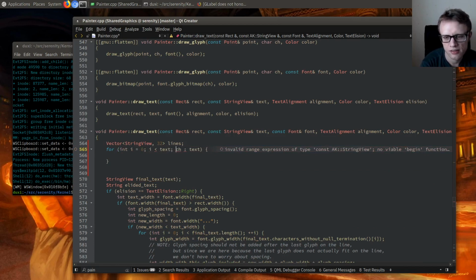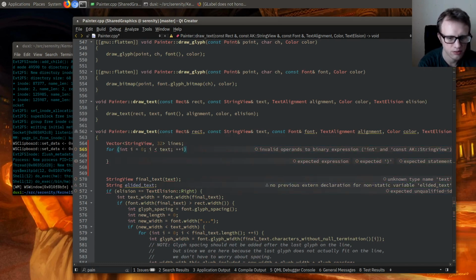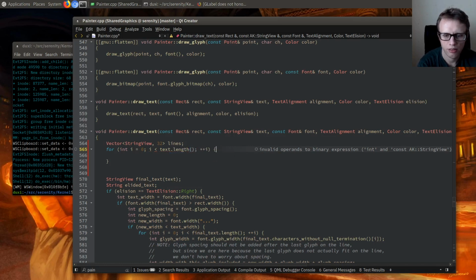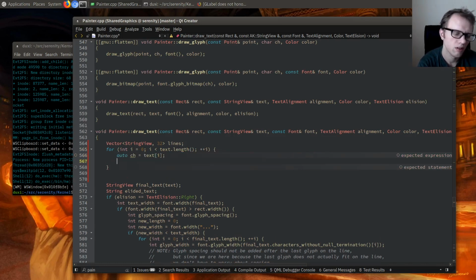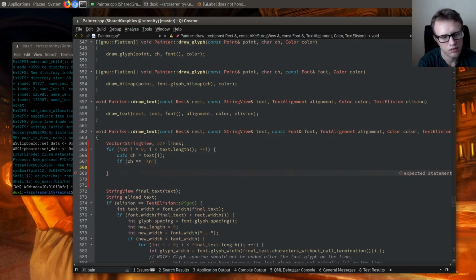I don't have a string view iterator or string iterator or anything like that, so we're just going to do it the old-fashioned way right now. Text length, okay, and then we can even say auto character is text I, if character is new line, then